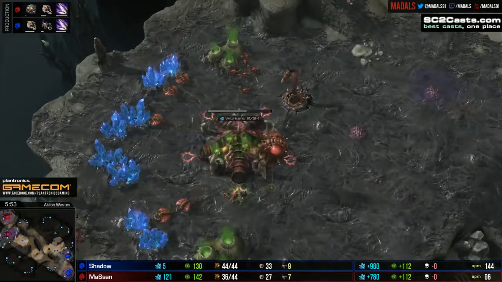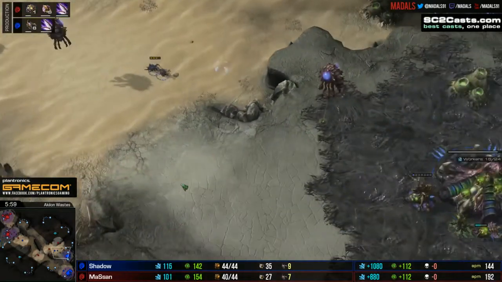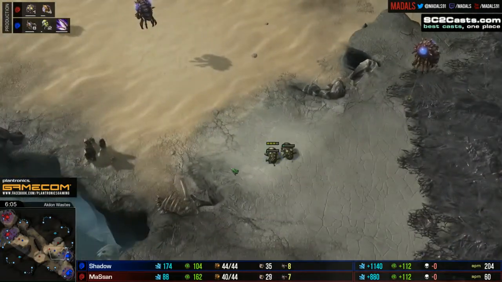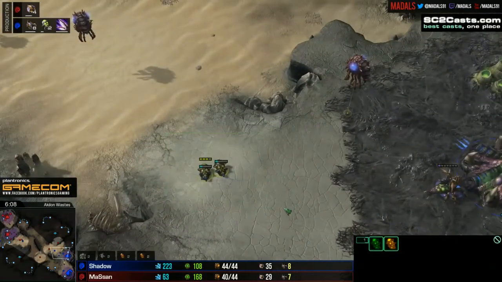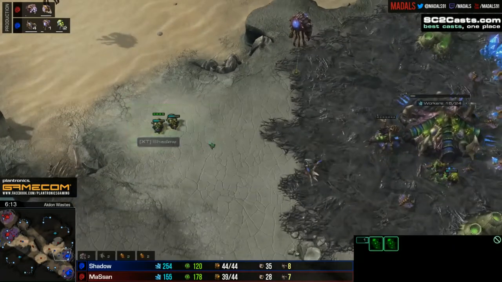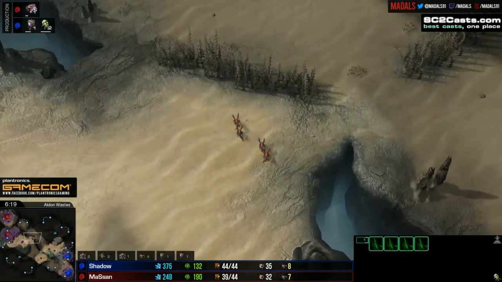And the answer to that is, well, there isn't a direct response to that, because MaSsan, he's just slowly leveling out this work account. He's down a bit in supply, maybe. But his money isn't banked up too high either, so something to keep an eye out for. A couple of defensive banelings in place here, as well as a few Zerglings out on the field for MaSsan